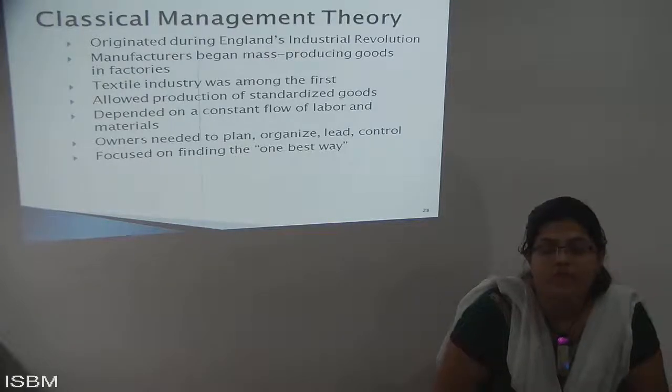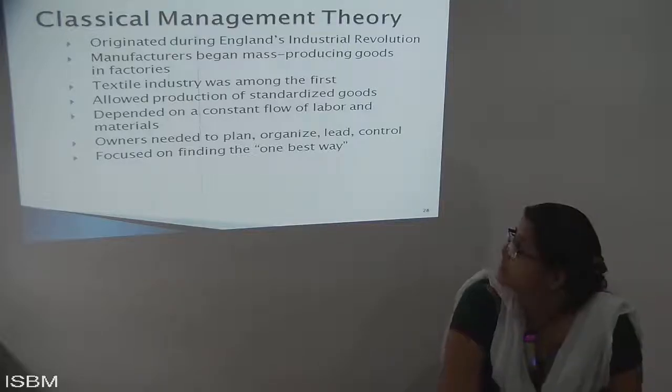But the main thing was they needed to lead themselves, manage themselves, and keep every budget with themselves. They needed to plan, set the targets, and decide how to complete the targets. All those things they needed to perform at that time. That is one type of classical management theory used in olden times, showing how the people were at that time. So this is one type of classical theory.